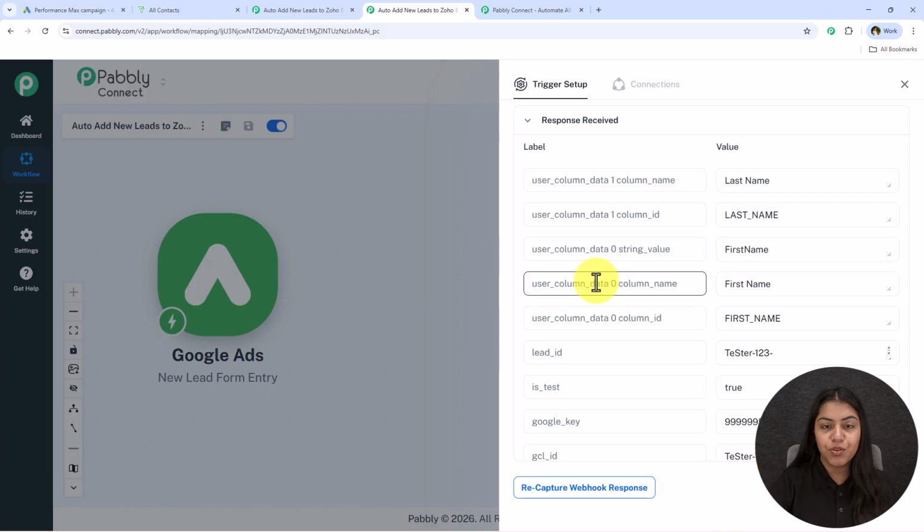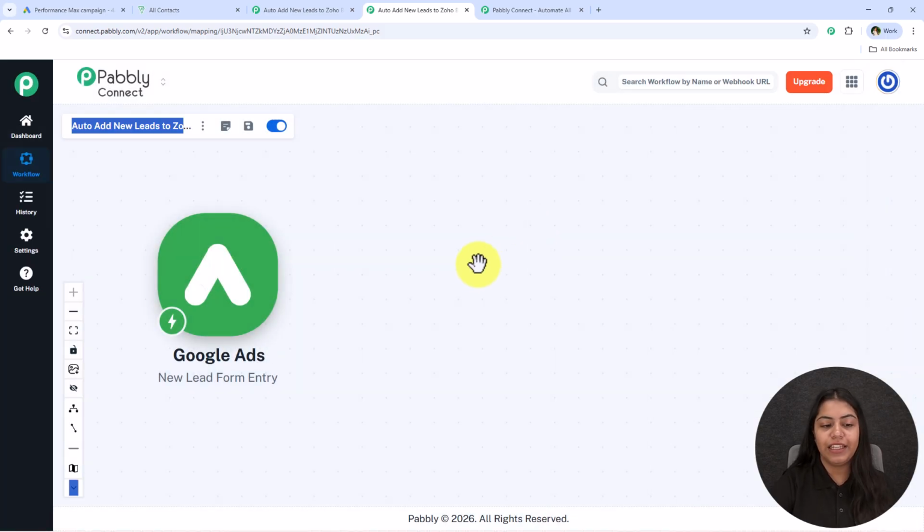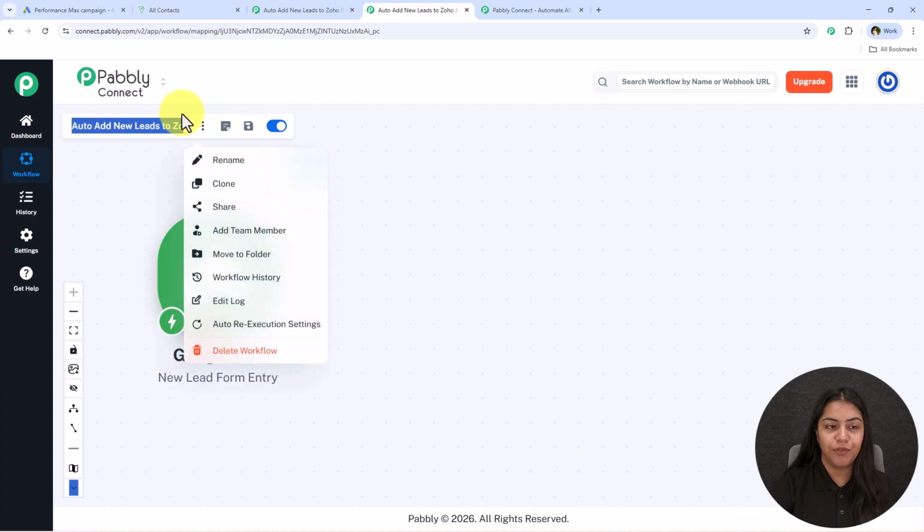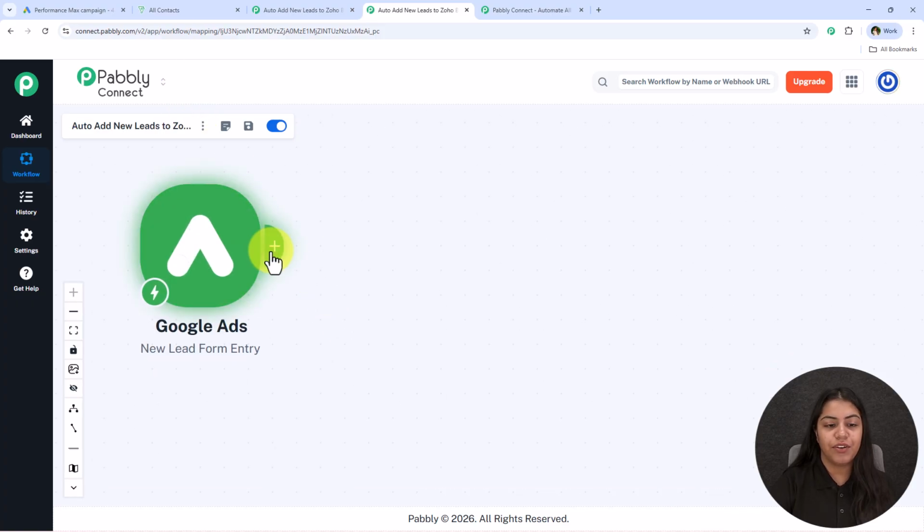The second option which you have is you can click on this recapture webhook response and wait until you receive a real lead in real time. But I'll suggest you create this automation using the test lead details and it is going to run perfectly fine for your real leads too. No need to worry. Now what we have to do is we have to click on this add new action